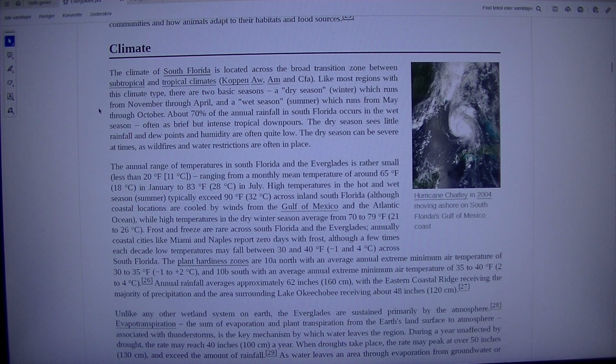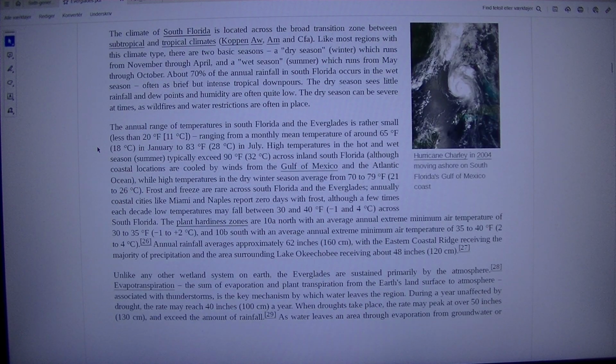About 70% of the annual rainfall in South Florida occurs in the wet season, often as brief but intense tropical downpours. The dry season sees little rainfall and dew points and humidity are often quite low. The dry season can be severe at times, as wildfires and water restrictions are often in place. The annual range of temperatures in South Florida and the Everglades is rather small, less than 20 degrees Fahrenheit, 11 degrees Celsius, ranging from a monthly mean temperature of around 65 degrees F, 18 degrees Celsius, in January to 83 degrees